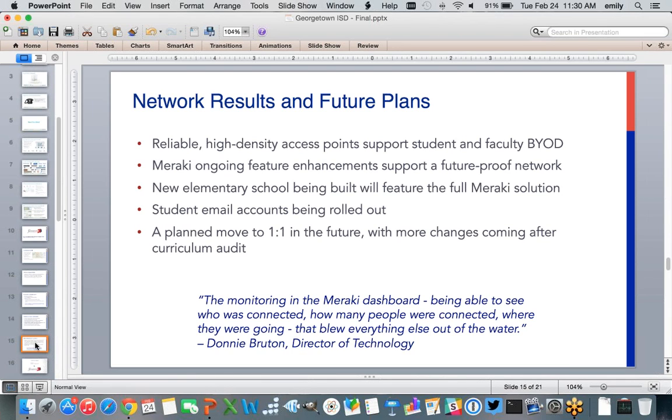We're seeing needs in those classrooms, not so much on the BYOD side, but lots of our campuses, our Title I campuses, they've purchased a lot of iPads and other wireless devices, and so we're starting to see a lot of strain in those areas where we only have one access point for every maybe 3 to 5 classrooms. So the goal there will be to increase the density in that area.